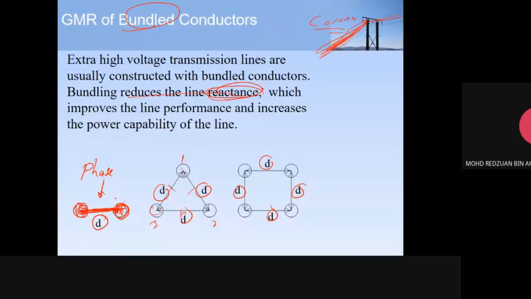1 to 2. We have this element D11, D12, D21, D22. So we have 4 distances for this bundle of 2. Then this dA is usually Ds. So it becomes Ds square times D12 square.